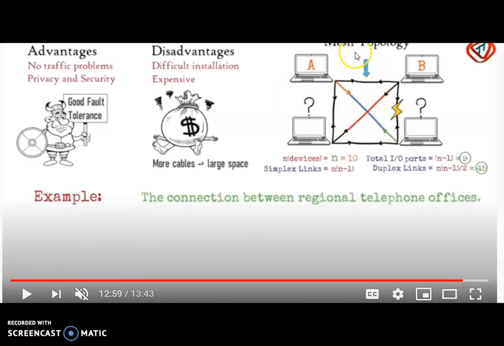The disadvantages of the mesh topology: a large number of cables are involved, so we need to maintain the cables and all. It is very difficult while installing the cables, as there are more cables. It increases our expense also. It increases the cost, it is very high. It involves very high cost. So more cables are required, and if you want to maintain more cables, then we need a large space, so for that we need to acquire land also. So this is a very high cost topology.